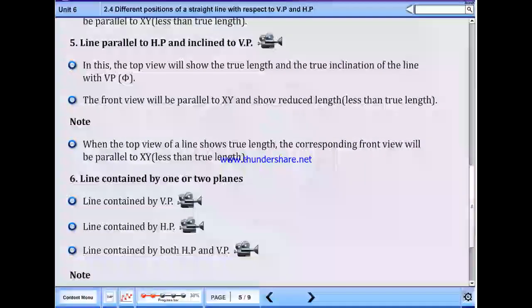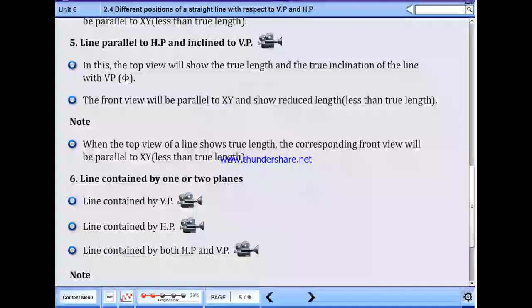The front view will be parallel to XY line and show reduced length, less than true length. Then note, when the top view of a line shows true length, the corresponding front view will be parallel to XY line and less than true length. Sixth point, line contained by one or two planes,